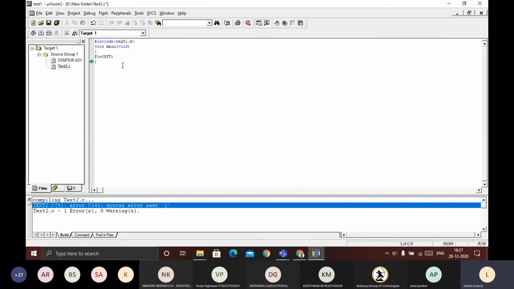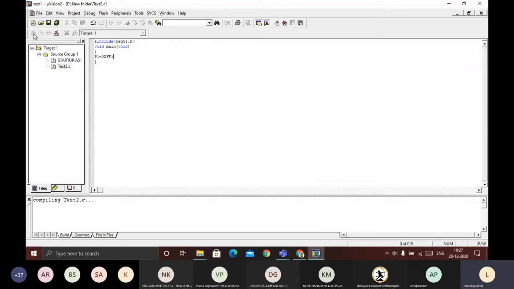So see now, again check that. You can see that we are having 0 errors. This checking of the translating is nothing but the compiler; it will compile and check for the errors. If there are no errors, it is going to give 0 errors and 0 warnings. Okay, so now it's okay. There are no errors. Next, we need to build that one.